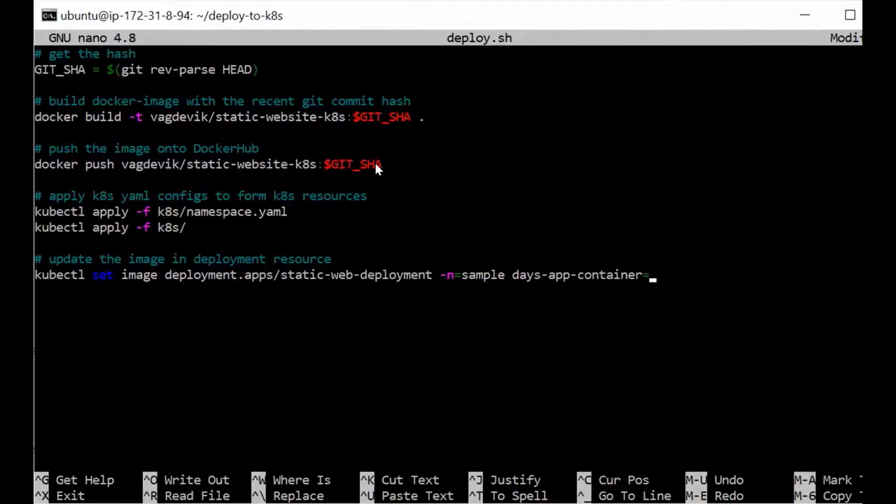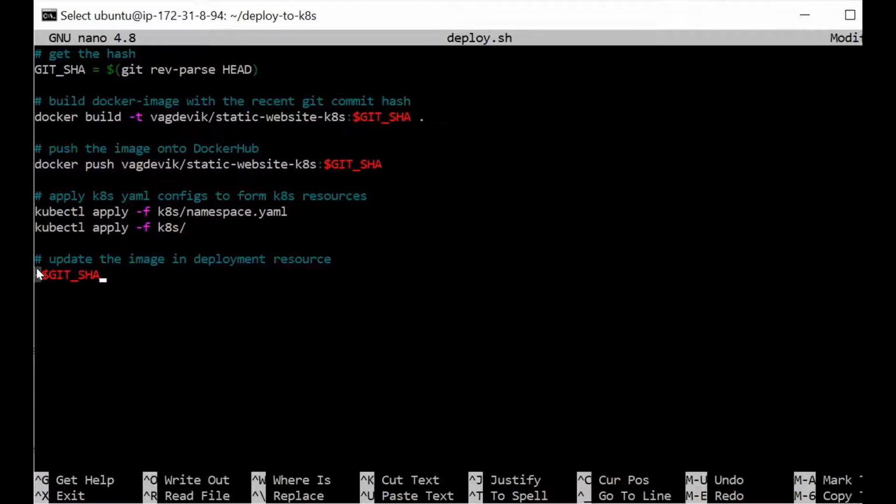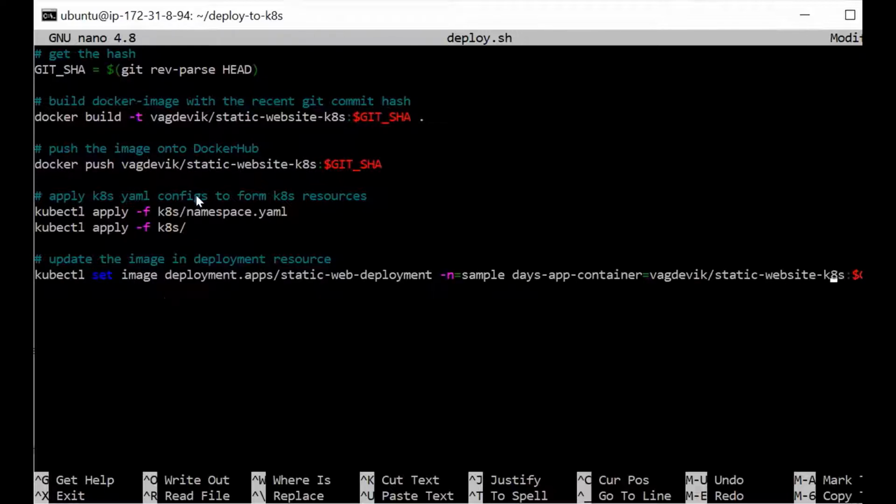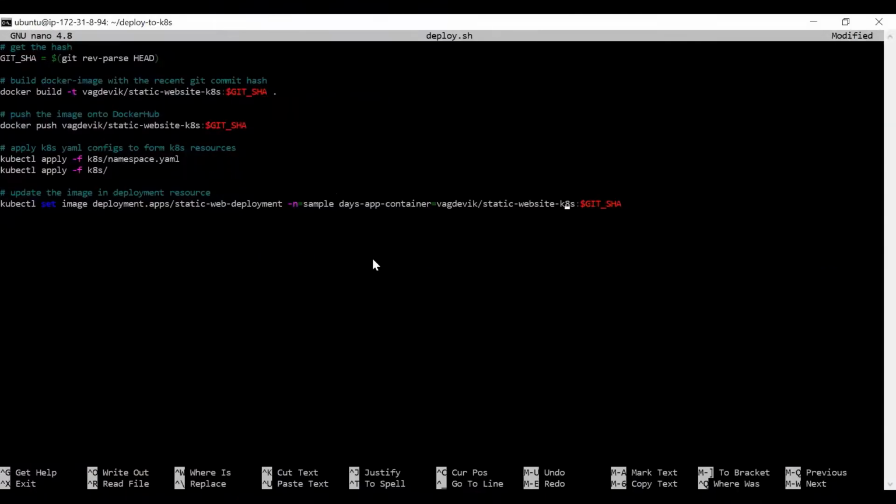Okay. All right. So this is the full screen. So we are using the kubectl command to set the image of this deployment.